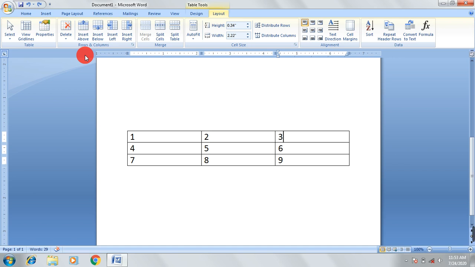While inserting a cell in a table, you have to shift your data either right or below, but in case of deleting, you have to shift your data either left or above. So I have to delete this cell containing number 5. Again go to the Layout tab and Delete option, click here, and the first option is delete cells, so click.